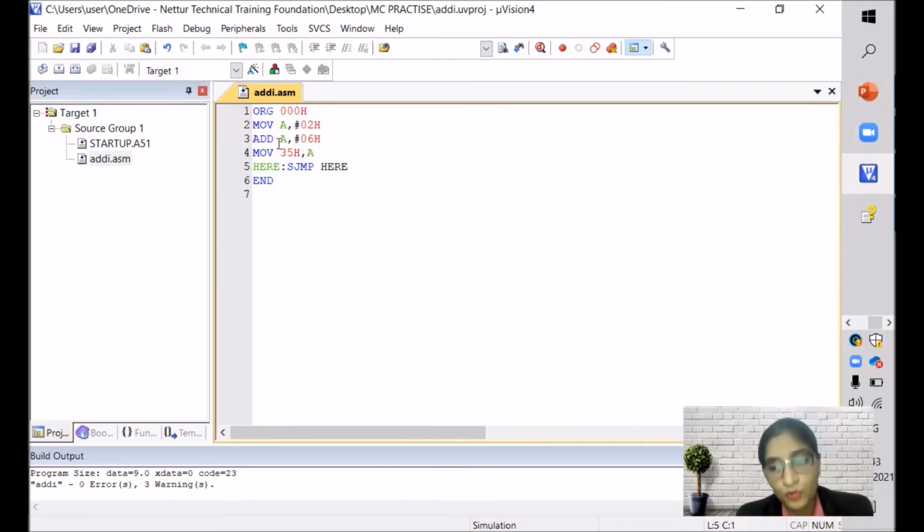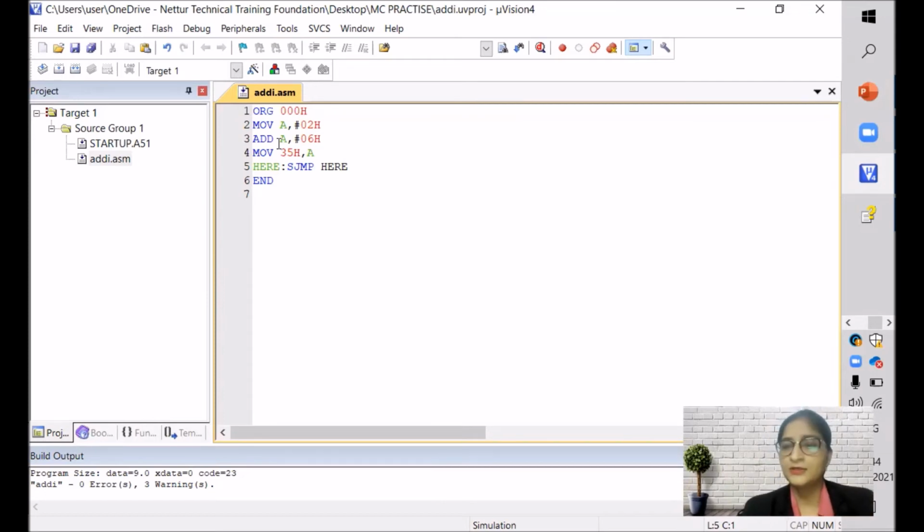Now I want you all to practice that you don't do direct addition. You take two data in different locations. This is also very simple. We'll take two data in two different locations, wherever you want. And you add those two data and you move the result to any desired location.